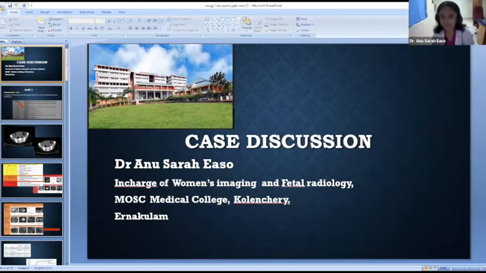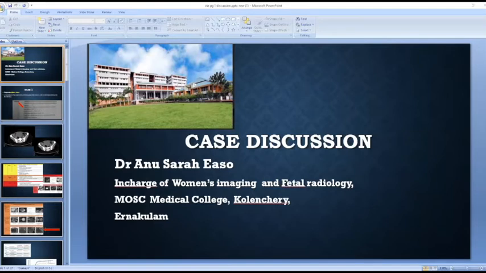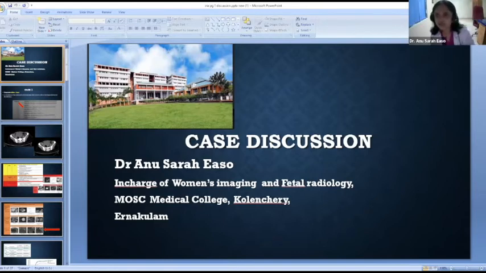Can you see my slides? Can see the slides, but you're not changing the slides. What you can see is the one with the case discussion. We are not able to see the other slides. Okay. Yeah, they are not actually changing. The slides are not changing. Can change to slideshow mode. Where is that option? You can go either.